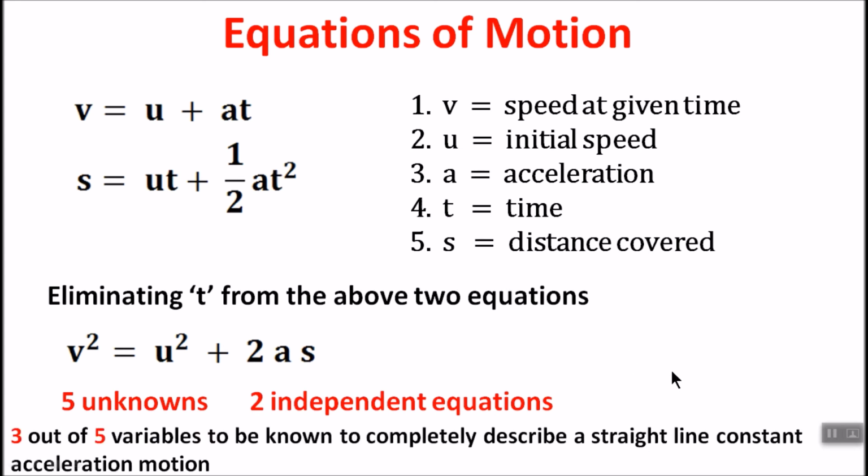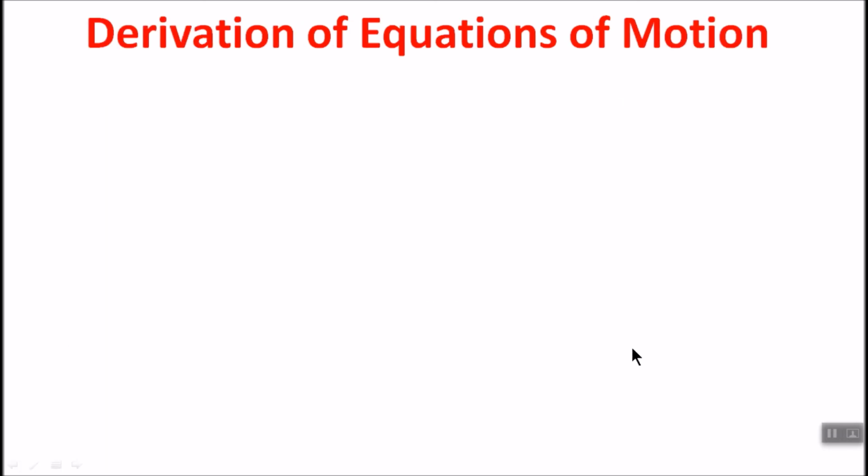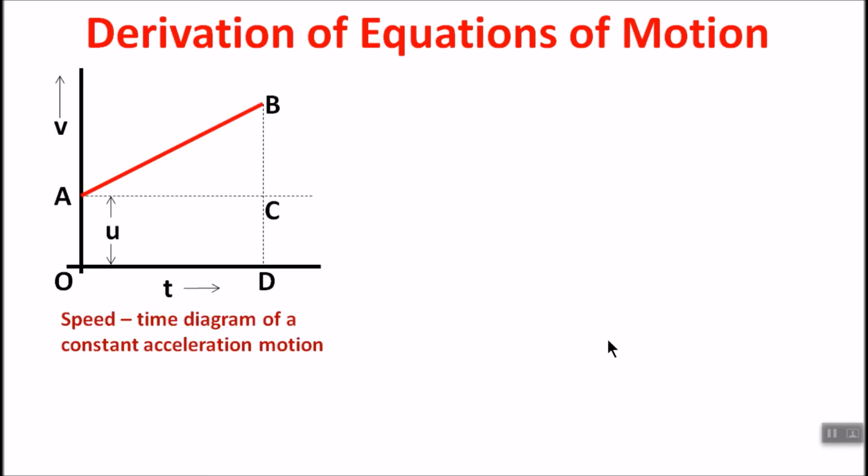So three out of five variables need to be known to completely describe a straight line constant acceleration motion. Now we come to the derivation of equations of motion, that is, how these equations are derived. To derive the very first equation of motion, we take a speed-time diagram of a constant acceleration motion, where